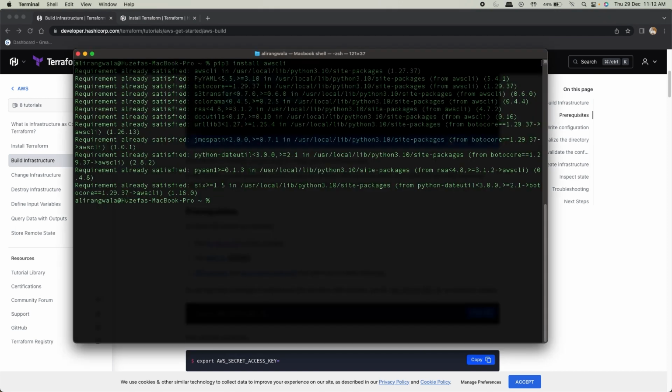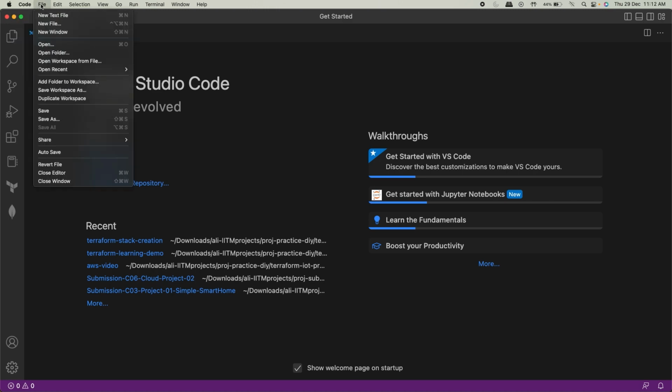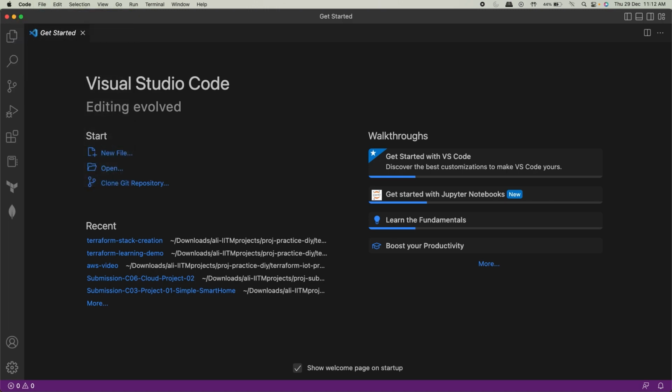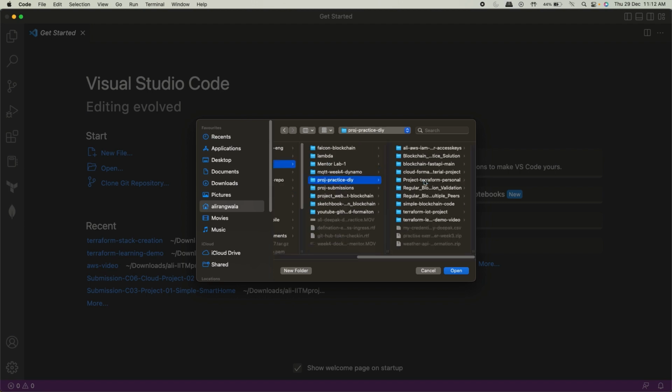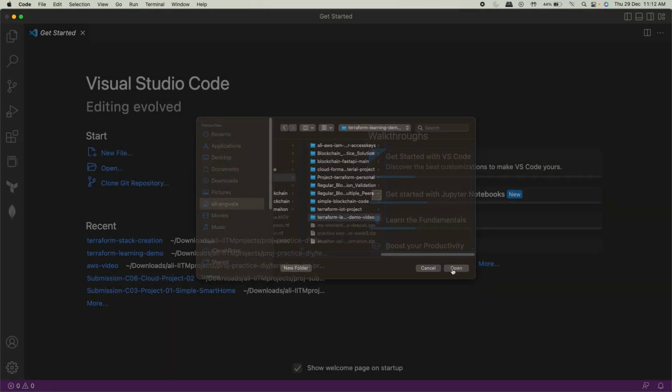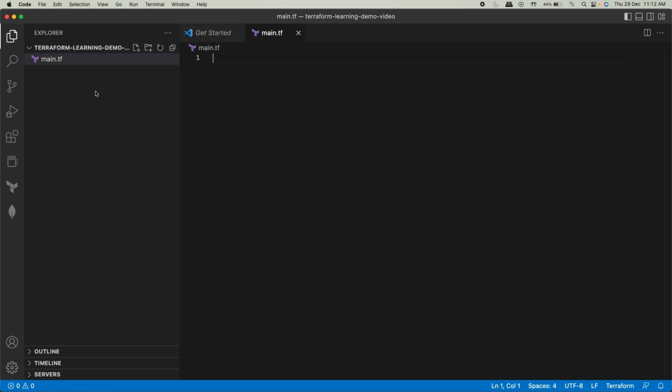I'm using Visual Studio Code for this demonstration. You can choose any editor. I have a folder created. I'll quickly open that project folder. Now, I'll create the file main.tf. We'll create a certain set of files, and each of these files will have some purpose to serve. What this main does, basically, let's understand that. So in main, like I said,